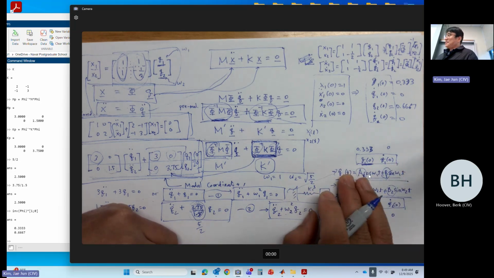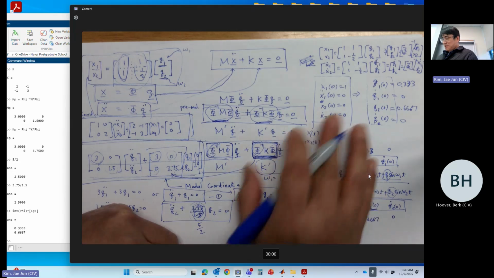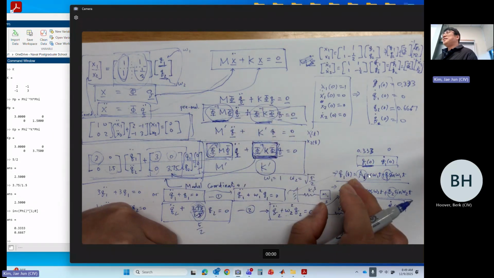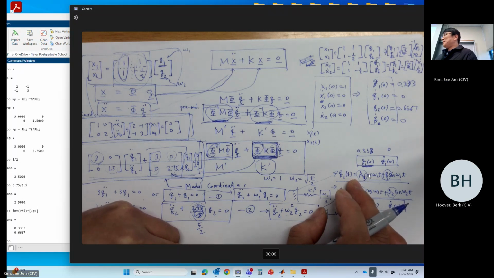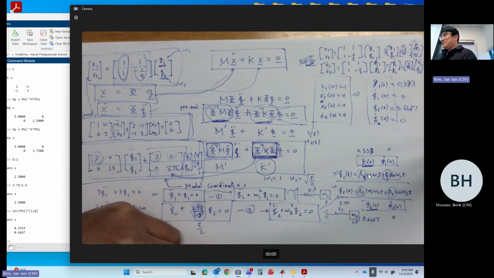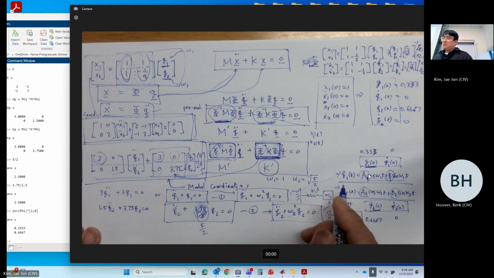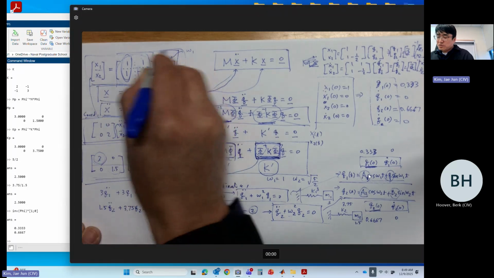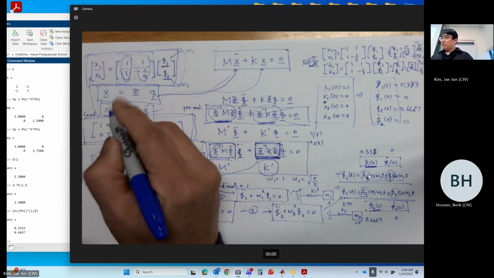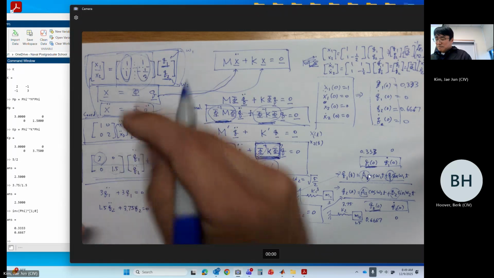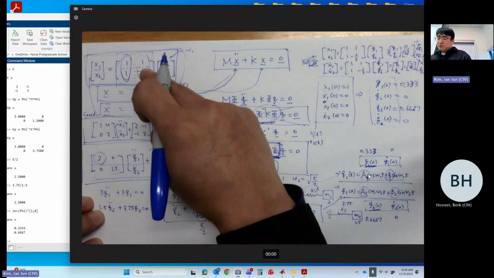In the final exam, I didn't include these questions because I think it's a little bit out of scope, and the response you can easily compute using MATLAB nowadays. But the most important thing is you need to know what the modal transformation is, right? How to compute the mode shapes, and see if you can